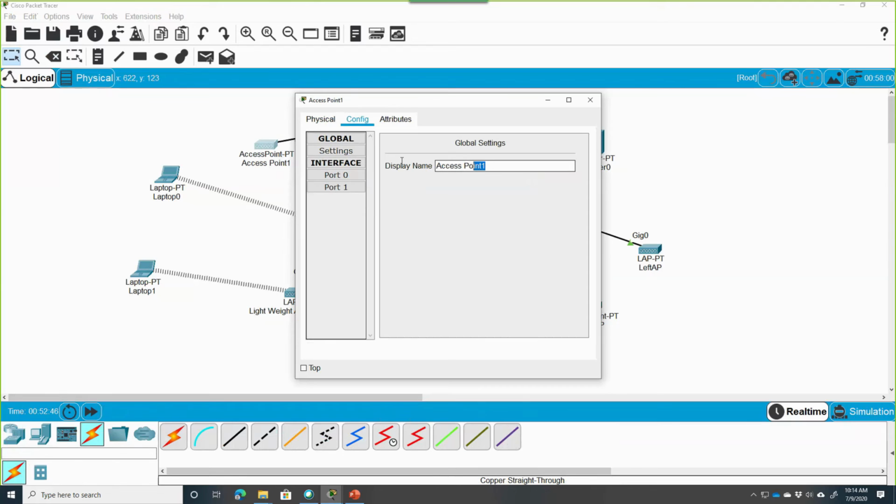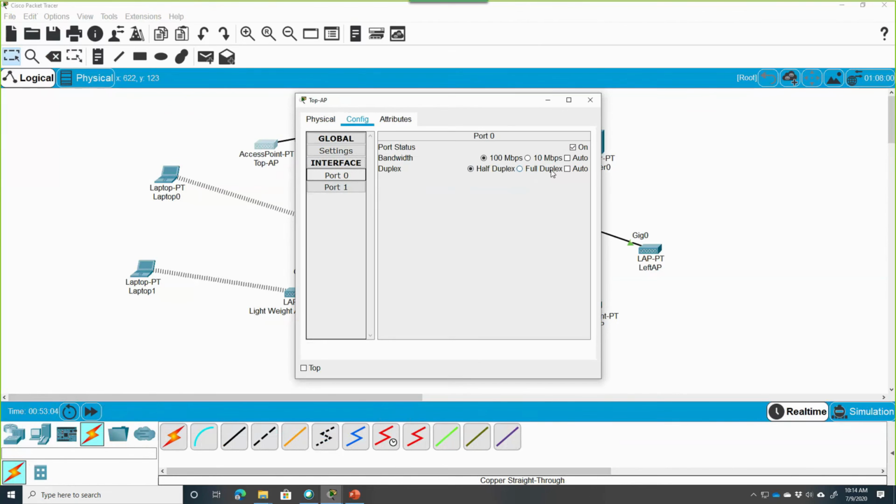Duration, let's say second floor. All right. Let me give it a bit. Okay, setting, ports, duplex, auto,